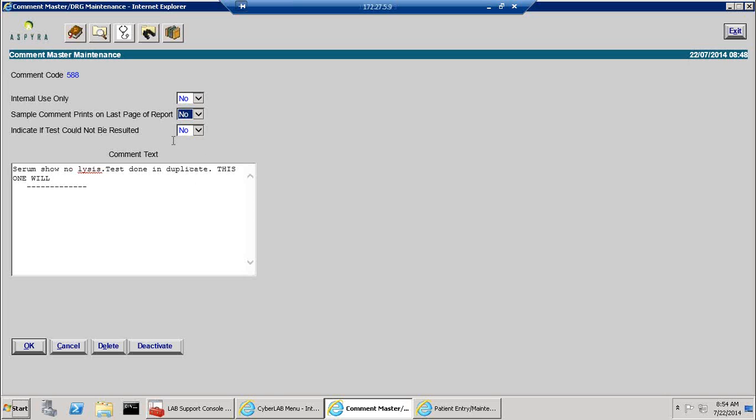Indicate if the test could not be resulted. Again, whatever this message is, maybe it's specimen broken in the laboratory, it means that the test couldn't be done. And it's the only time, if we went into result entry and entered the comment code 588 as the result, that it would go to a special report